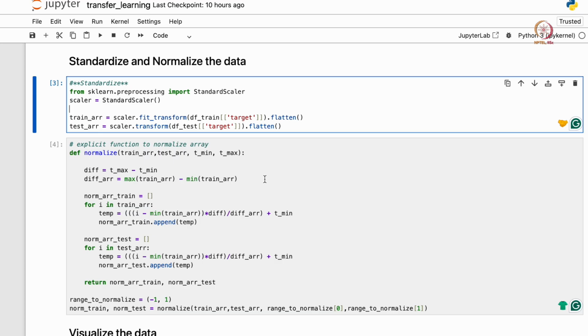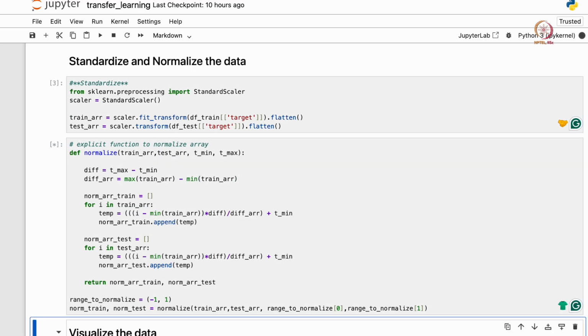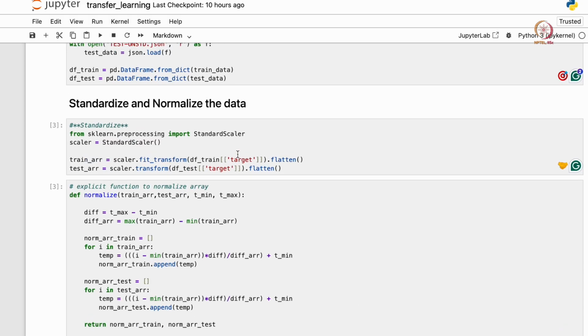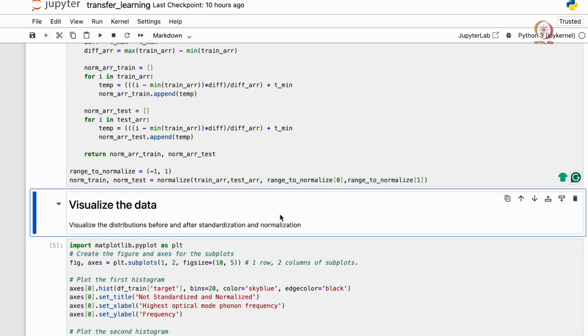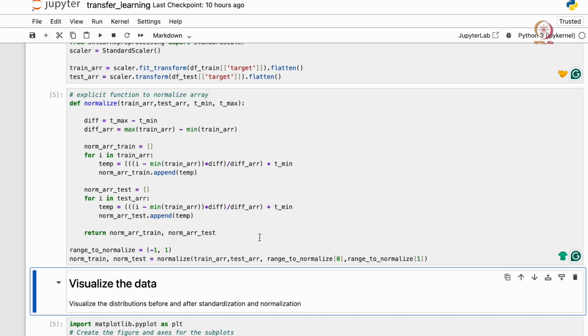Okay, and now we will do normalization of our data points. So normalization is this function where you are projecting your entire data set into a limited range. In this case, we are normalizing all of the data from -1 to 1. You can also normalize from 0 to 1 depending on your applications. So it's like projecting the entire data set from this whole real number scale to -1 to 1.